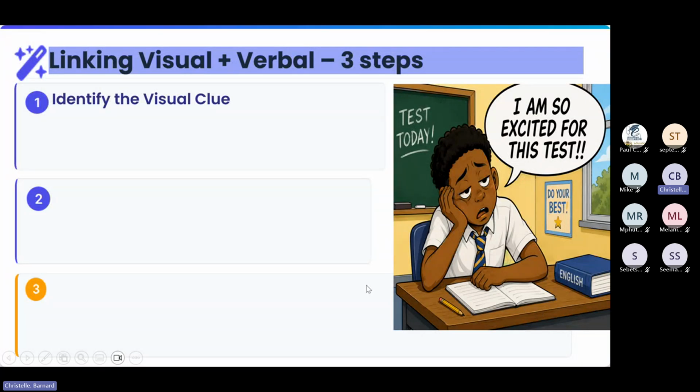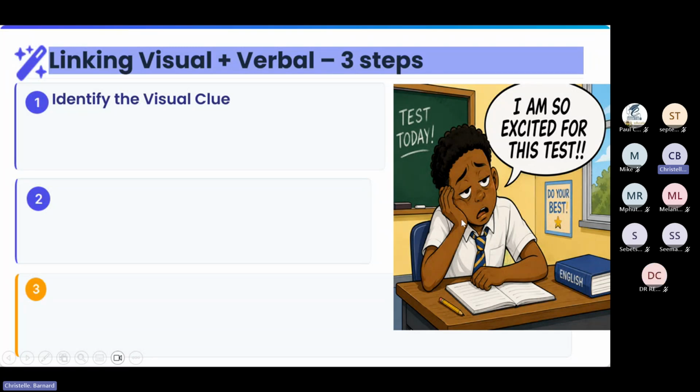Here's a boy. Right, he's obviously at school because he's sitting in a classroom and he is wearing his school uniform. Now look at his facial expression. Look at his eyebrows, right? His eyes are half closed. He is slumped forward. He's leaning forward onto his desk. His head is resting in his arm. So those are all the visual clues. Describe what the character looks like and what action is taking place. Remember, don't just say he's tired. You have to describe what you see.